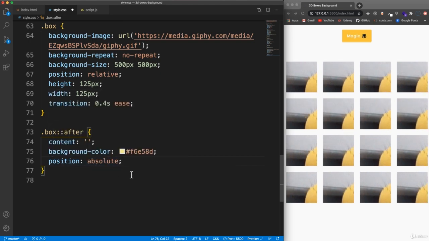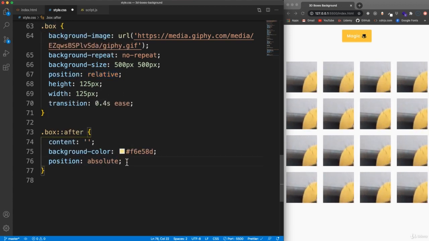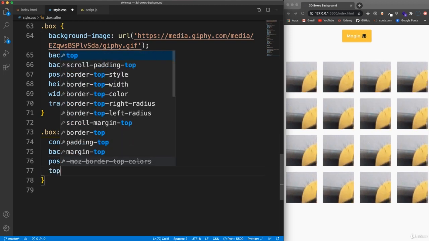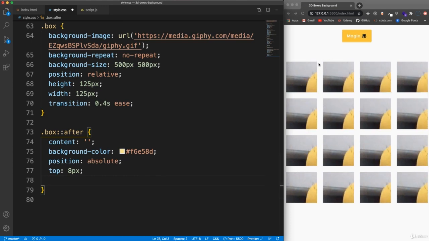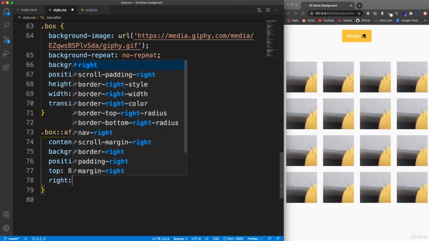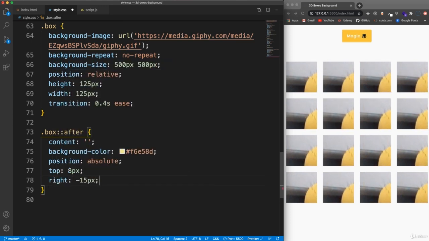Okay, so we're positioning it absolute, and you need to have relative on the box because absolute is relative to the box, right? And then for the positioning, the coordinates, we'll do 8 pixels from the top, because we want to push it down a little bit since we're going to add that skew. And then from the right, let's do -15 pixels because we want it to be going this